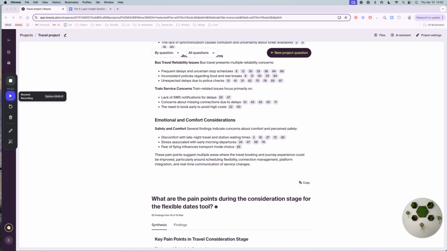People aren't booking, especially when you think about trains and buses, they aren't usually booking these things super far in advance. Flights get generally a little bit more in advance. People are looking at and trying to book flights, but for trains and buses, it tends to be last minute. So when we're looking into this nuance, it gets a little bit more interesting for teams because we're able to